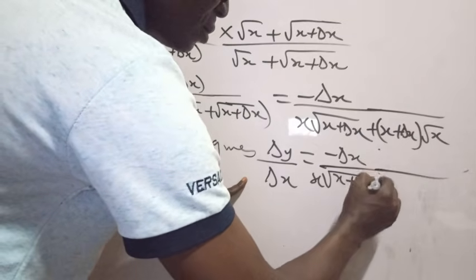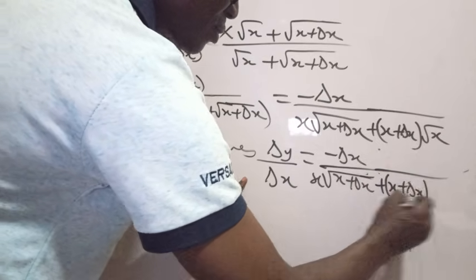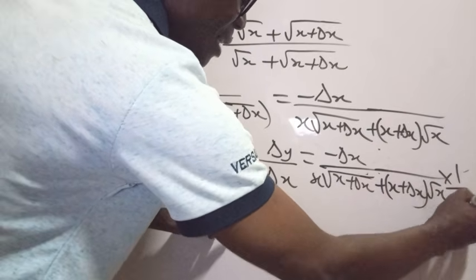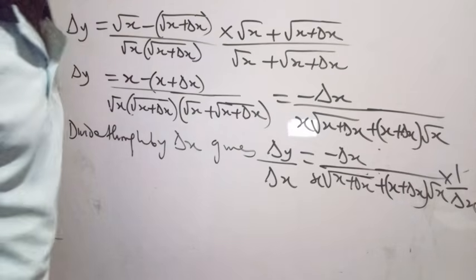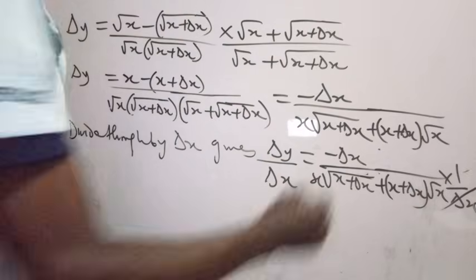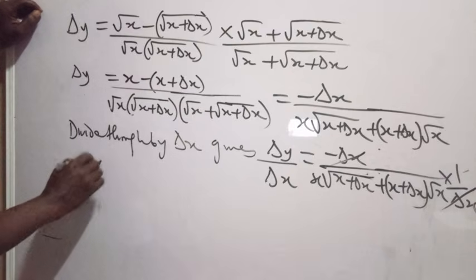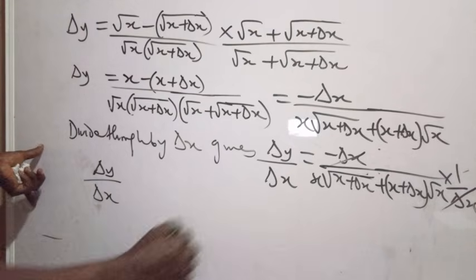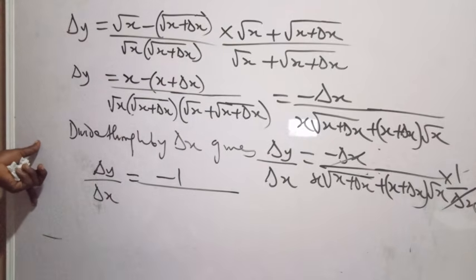plus x plus delta x, the square root of delta x times 1 over delta x. Yes, because that term will change. Okay, I hope you understand. All right. This will now cancel this there. Okay, so now we have what? Delta y all over delta x, as changing y over changing x, is equal to minus 1 all over